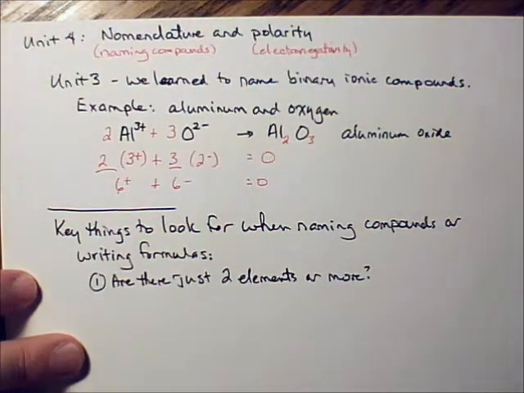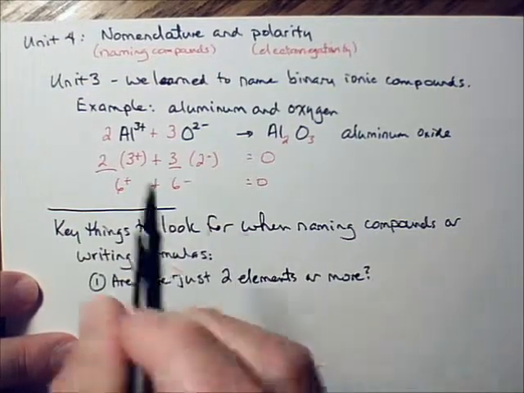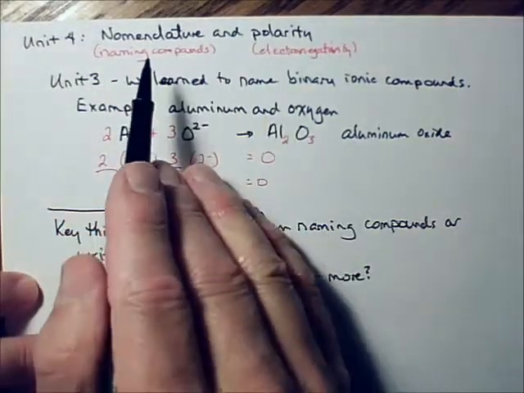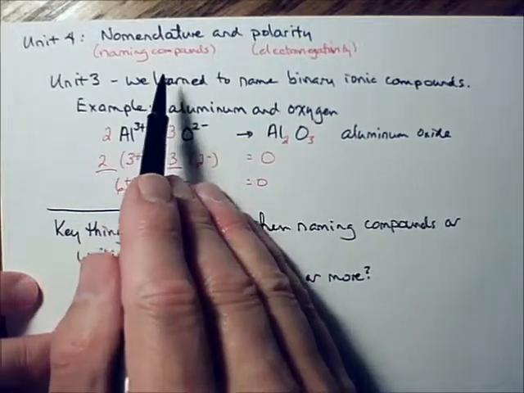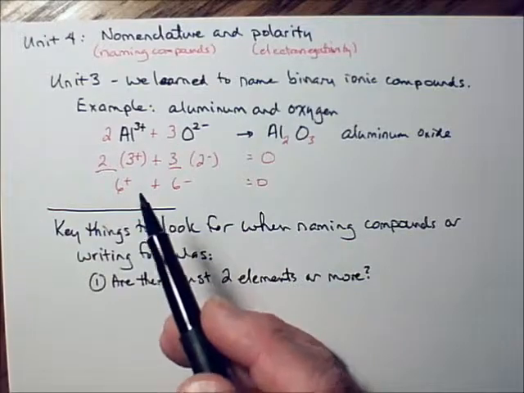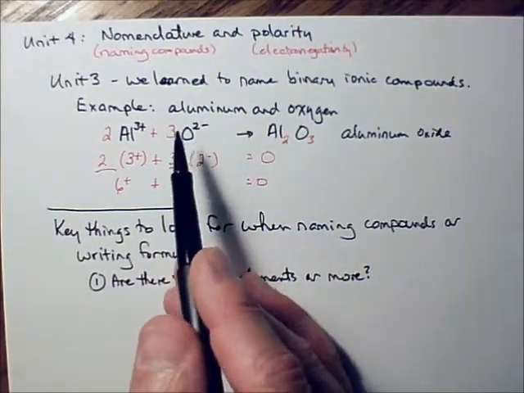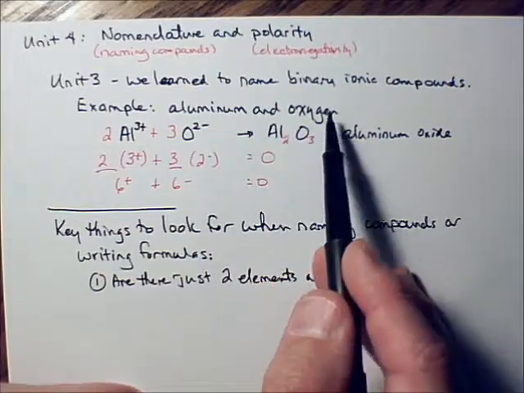All right, I know that some of you are, I'm kind of repeating myself a bit here. Unit 4 is about naming things. We call it nomenclature, naming compounds in particular, and polarity. Polarity is about electronegativity. In Unit 3, the one we just finished, we learned to name some very simple binary